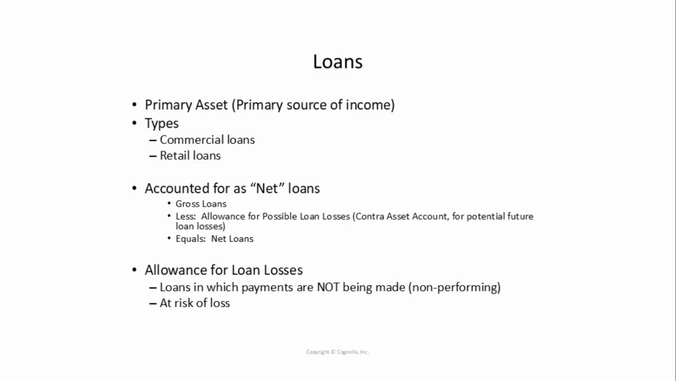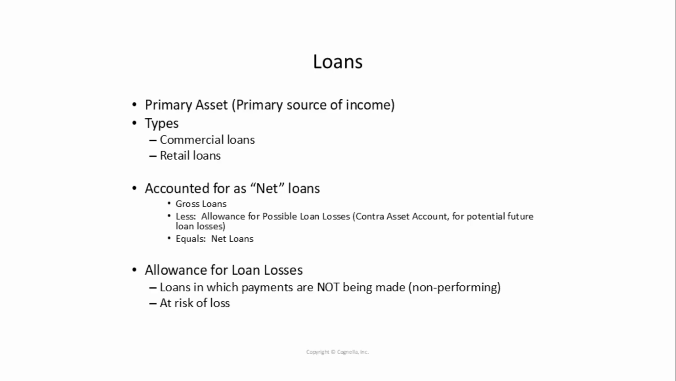Loans are the primary asset for banks and also their main source of income. Unlike a typical business that sells products or services, banks earn revenue mainly from the interest they charge on loans. There are two broad categories of loans: commercial loans, which go to businesses for things like expansion, working capital, or purchasing equipment. Retail loans, which are made to individuals, things like mortgages, car loans, or personal loans, are the other